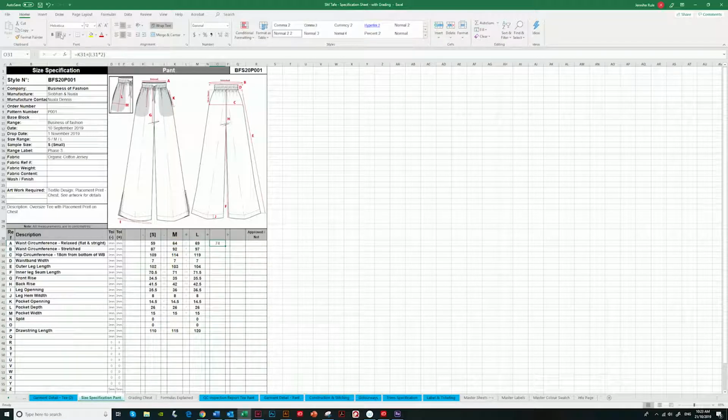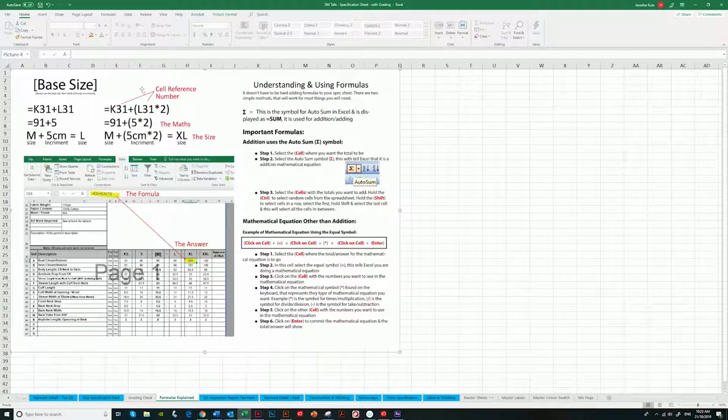So if I click on it, you can see the formula up here. Let me jump over to formulas explained. So on this one here, where we've got it 2 sizes bigger, you've got it equals this times this. So breaking it down, what that is that it's the 91 centimetres here plus the 5 centimetre increment times 2